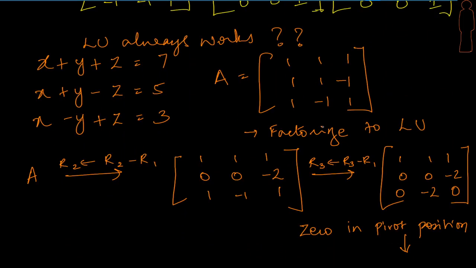How do we factorize? First, we start doing elimination on the coefficient matrix. So let's begin. I have my original A coefficient matrix. I would like to eliminate the second row first column here. This must go. So what's the multiplier? Multiplier is going to be 1 by 1, and therefore I do R2 minus 1 time R1. Okay. So when I do the subtraction, I get this result. The next one to go is going to be the 3 1 element. So let me try and find the multiplier for it. This is going to be again 1 by 1. Therefore R3 minus R1, and I get this element. Right. I get this row in the R3.